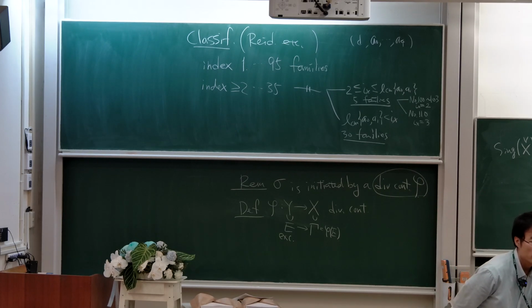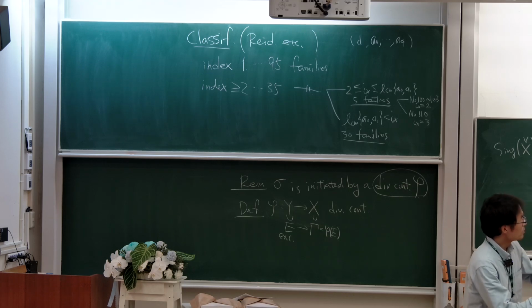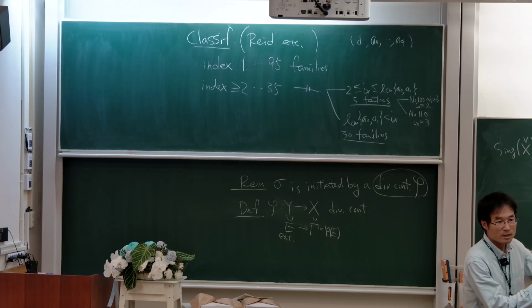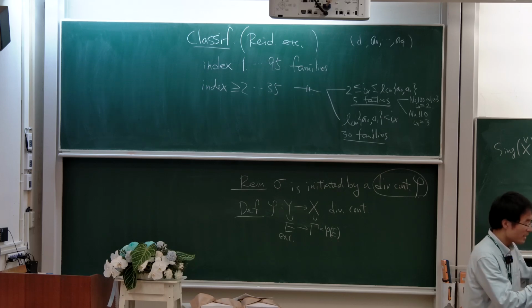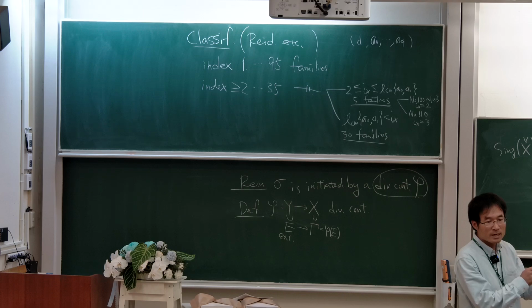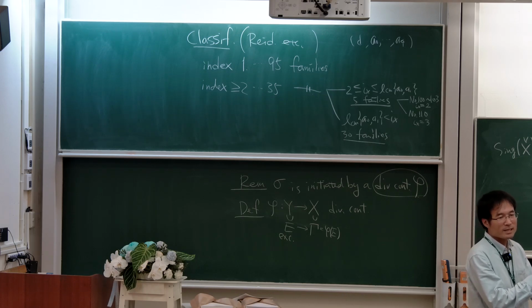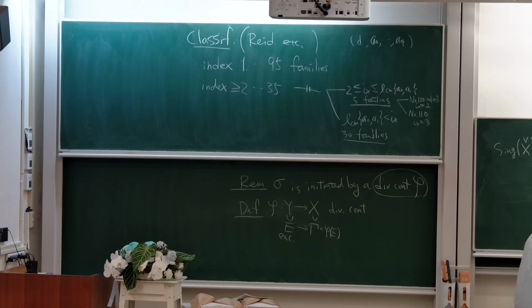This result by Abban, Cheltsov, Park says that there exists this X hat, assuming that the index is smaller than or equal to the LCM, etc. So is there an easy formula to produce the weights for X hat from those of X? Because X hat is also a weighted hypersurface. So my question is whether there is an easy formula giving the weights for X hat. There is some machinery, but